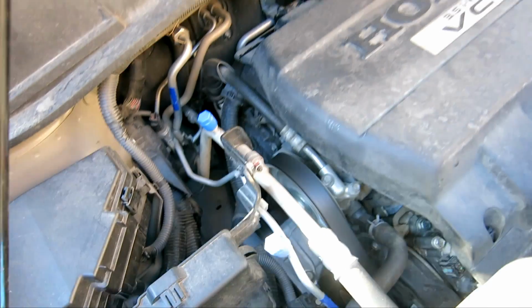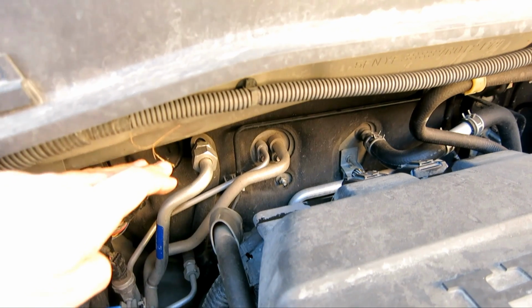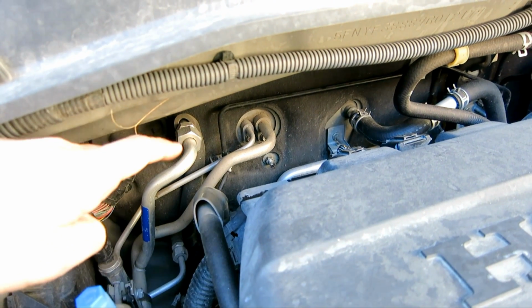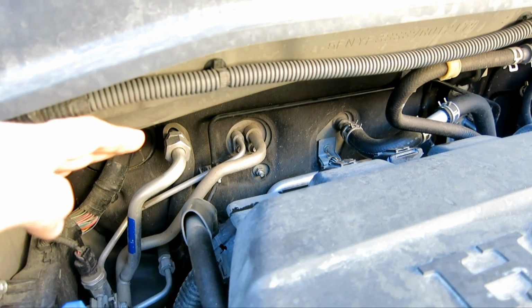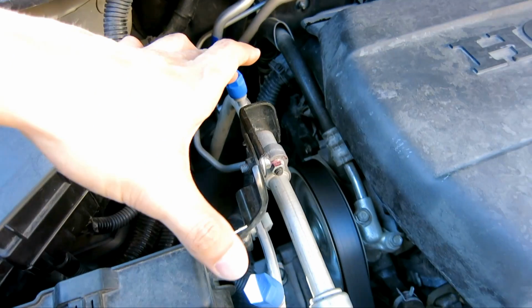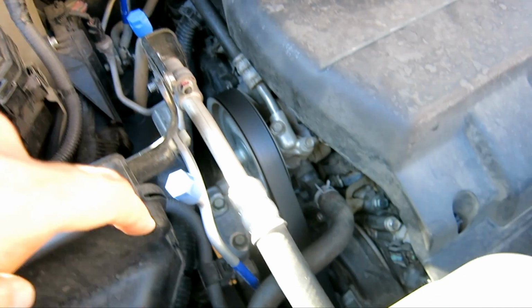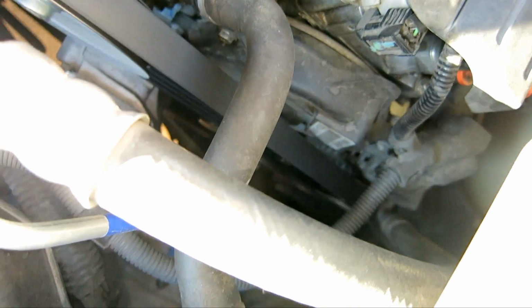and here you can see a couple of things. These hoses right down here, this is where the evaporator goes. That's where the cold air, the refrigerant, goes into the cabin of your car. And as you follow those silver tubes, you can see that there are two places to fill up your refrigerant, high side and low side. And if you follow all the way down to the bottom,